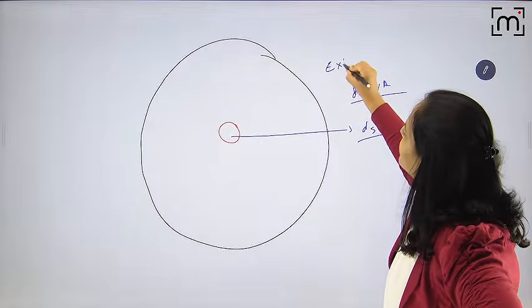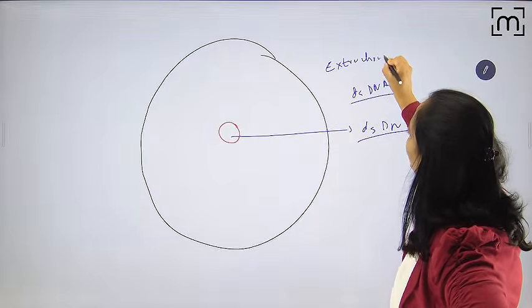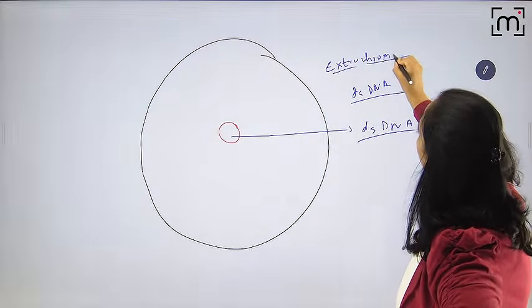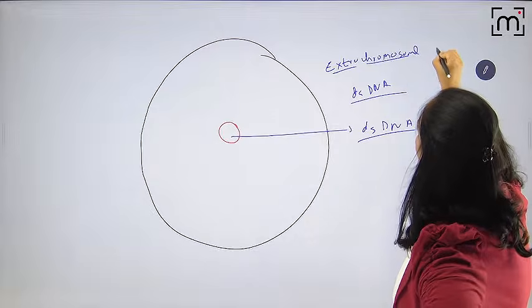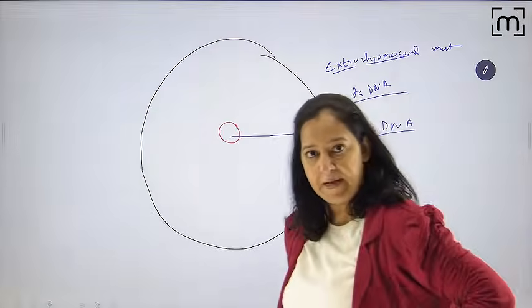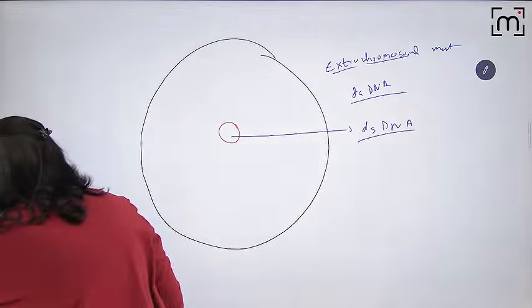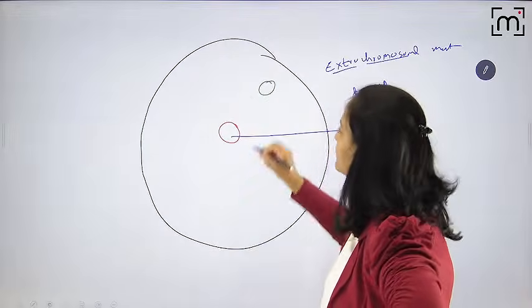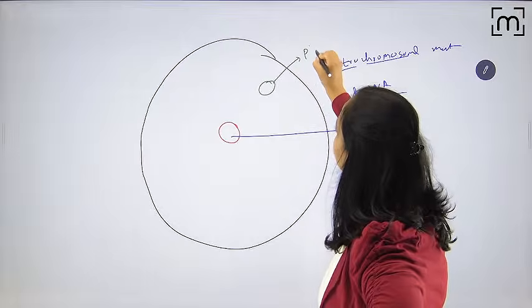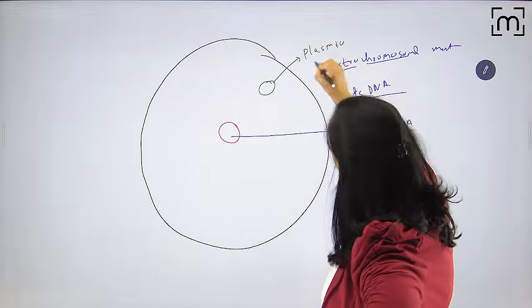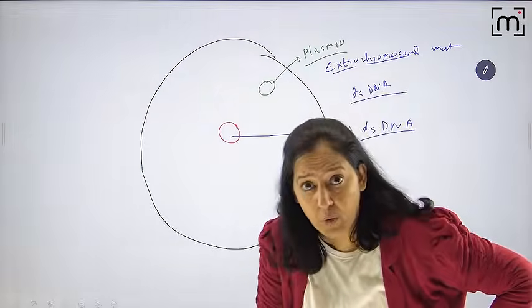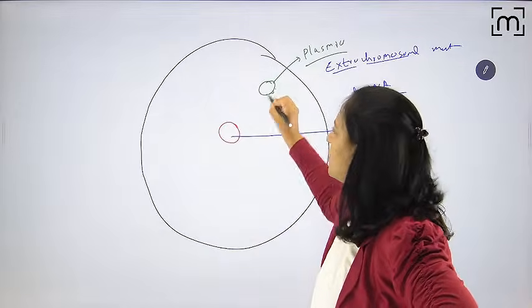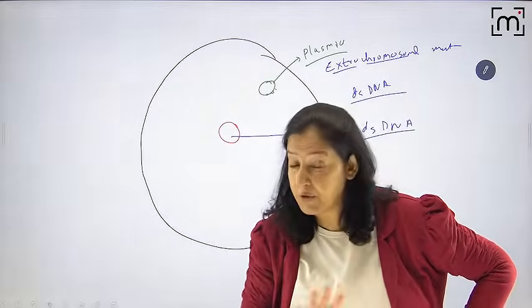That is known as extra chromosomal material. Yes, it is present. It is present at 2 places. What are the 2 places where it is present? It can be present in the cytoplasm. Once it is present in the cytoplasm, it is known as plasmid. Plasmid is also made up of dsDNA, but it is not a chromosome. It carries genes, but it is not a chromosome. They can be transferred, but it is not a chromosome.